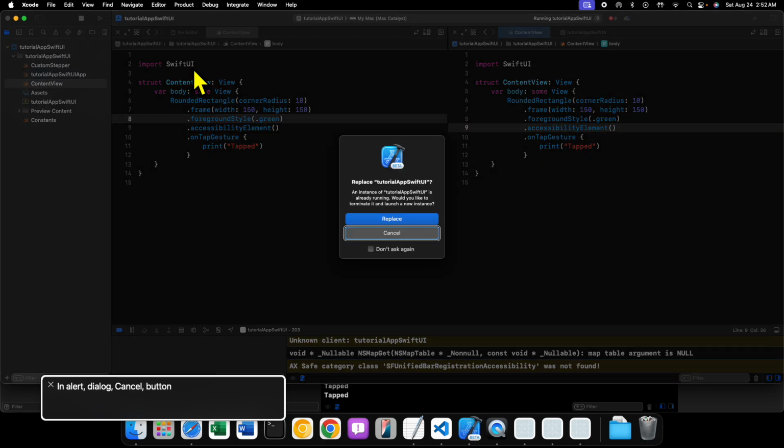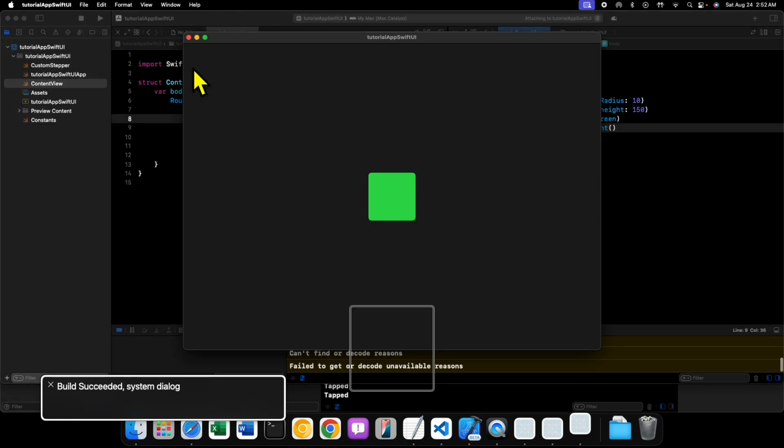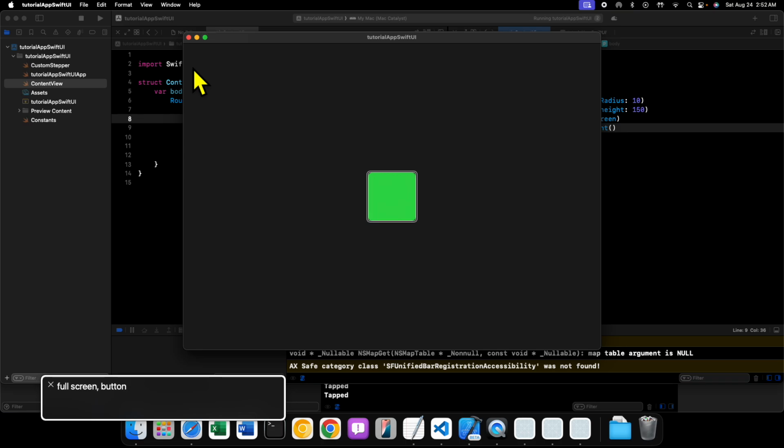and we run our code, we run it. Now, it doesn't say anything at all, because this is now an accessibility element with no metadata telling assistive technology what exactly this is supposed to do. Like, it doesn't have a label or any traits or anything like that assigned to it. So how then do we assign